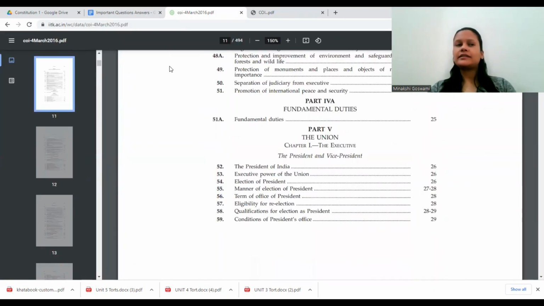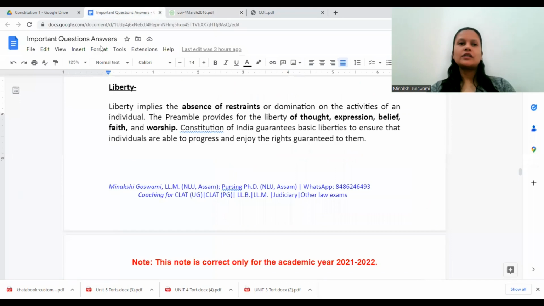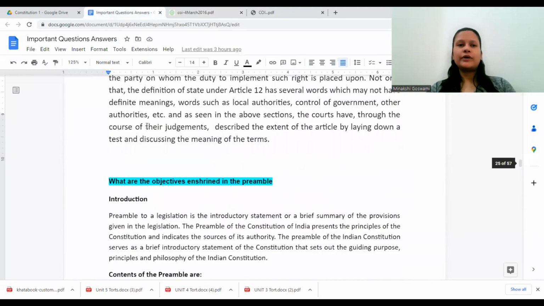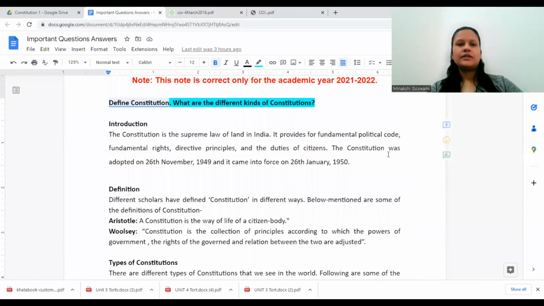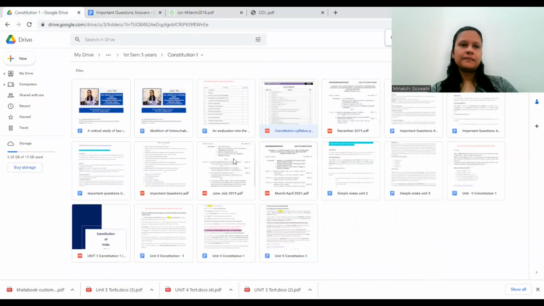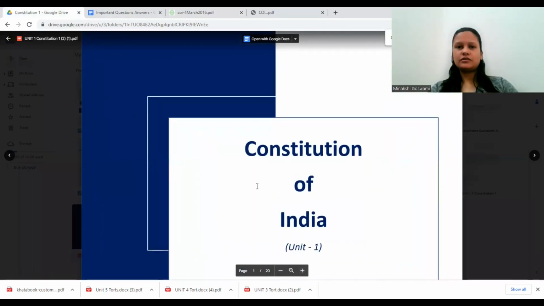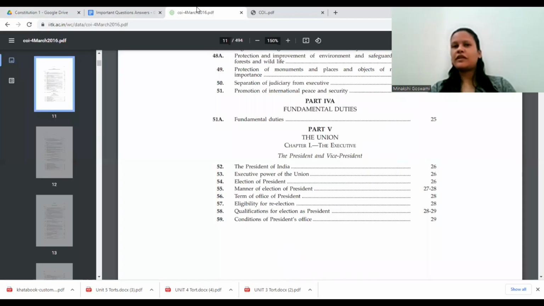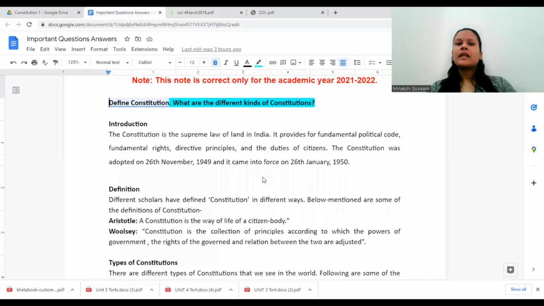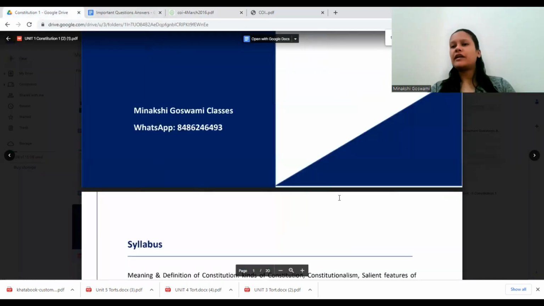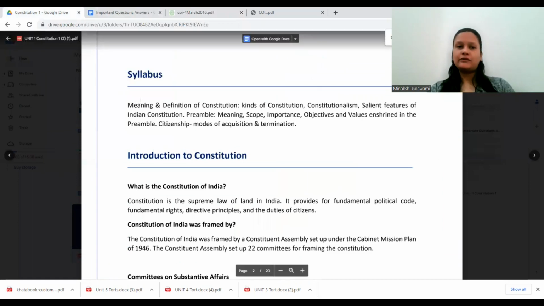Now when we look at the Constitution Unit 1 syllabus, only a few articles are covered here. So what are these articles? Before going to that, we need to see one part, which is the drafting of the Indian Constitution. So today we have the Constitution of India. If we want to know whether a certain thing is there or not, we can simply open the bare act. We can simply download the PDF and we have all the details in front of us. But how was the Constitution of India drafted? We need to know that as well. So these are the things